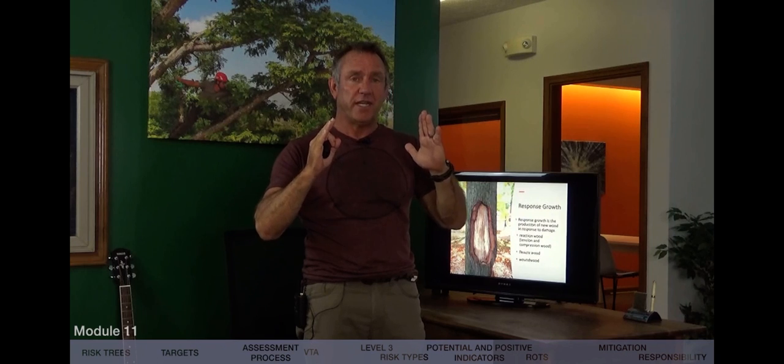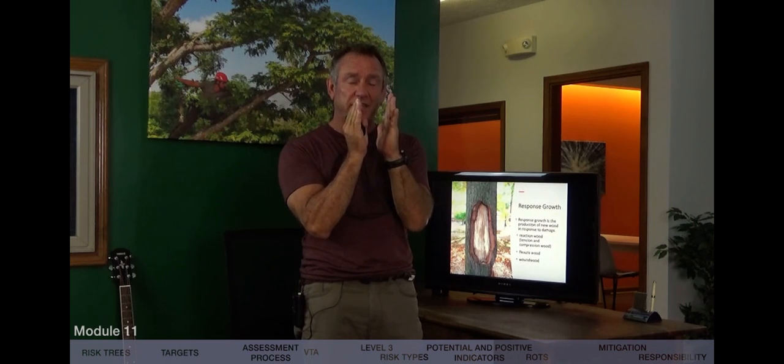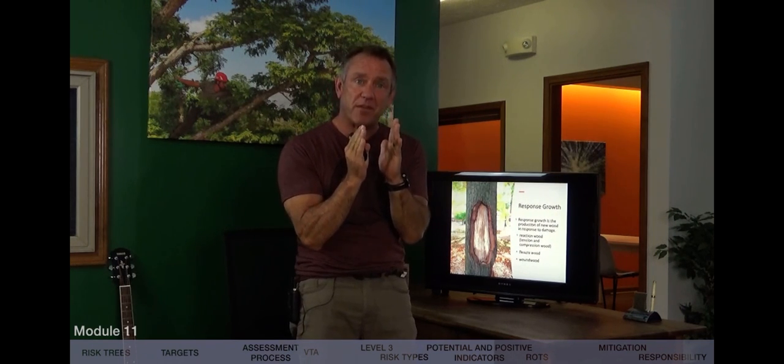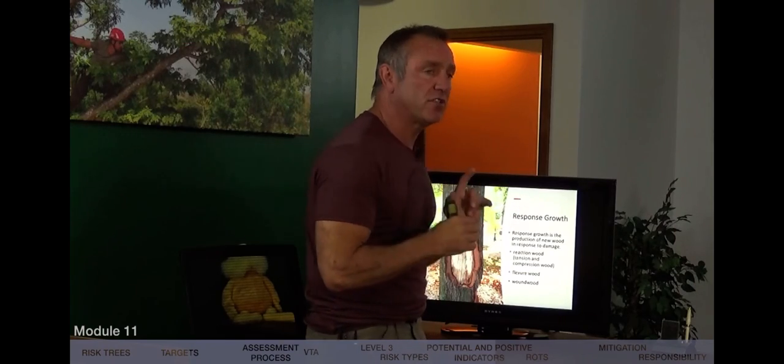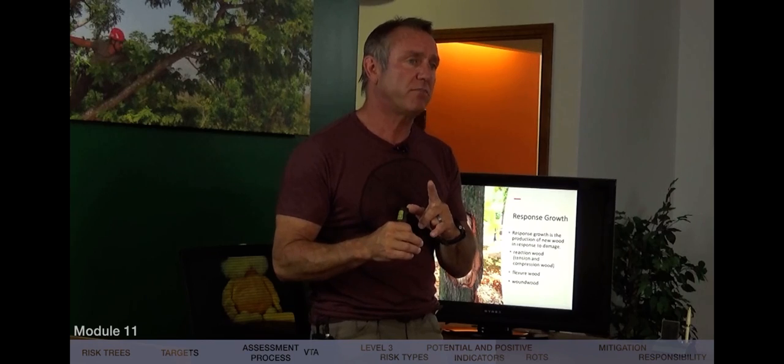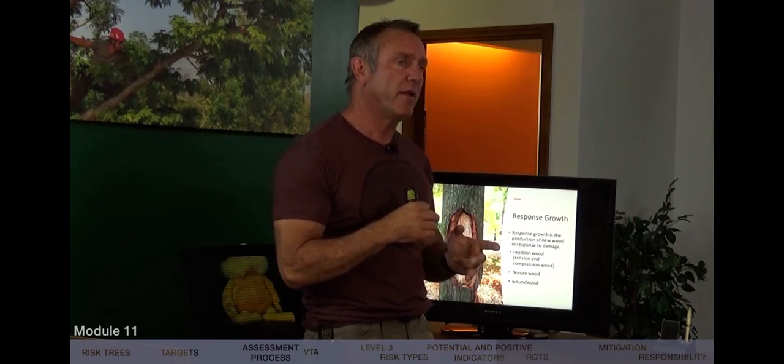Now, when we look at trees in nature, they're often very slender with very little taper. That's because they're restricted and can't move. And so those are good things to look for, and that's a positive response to its environment that will reduce